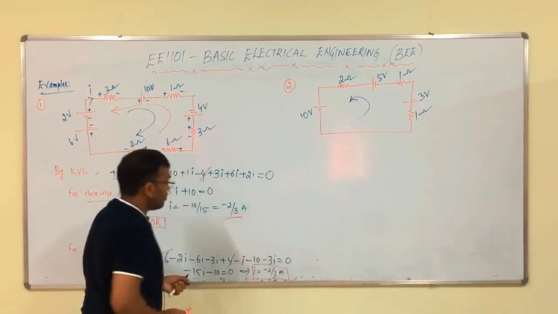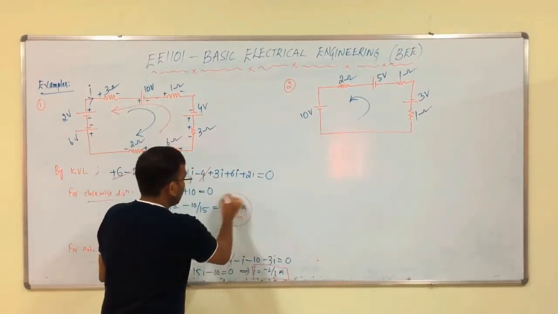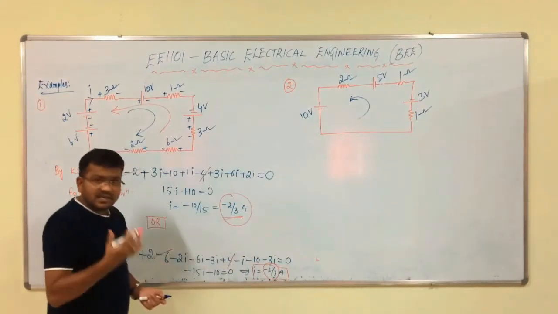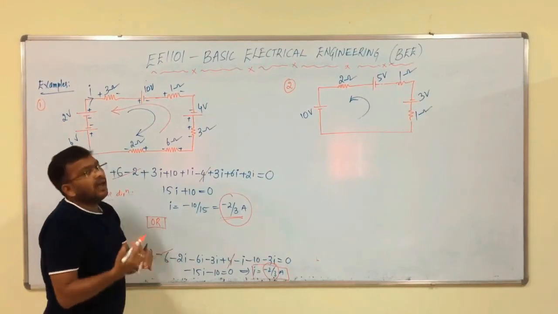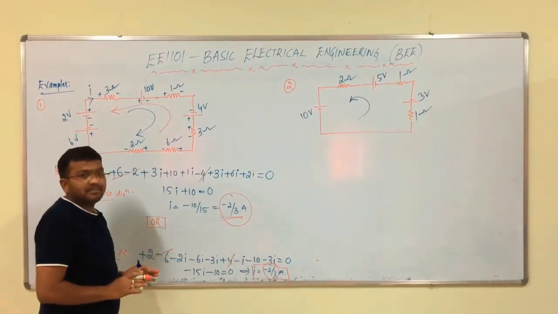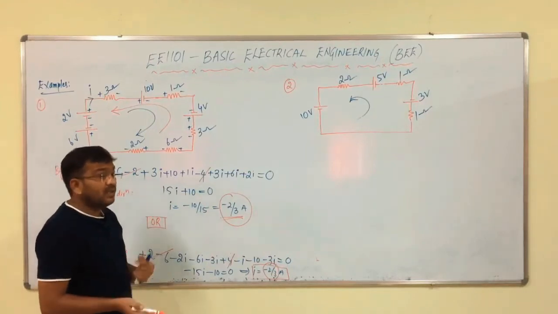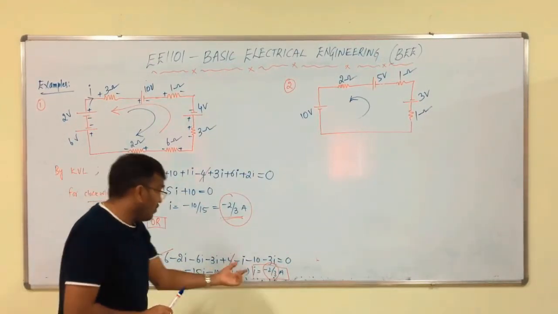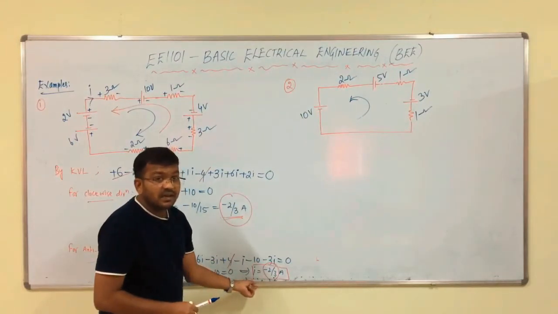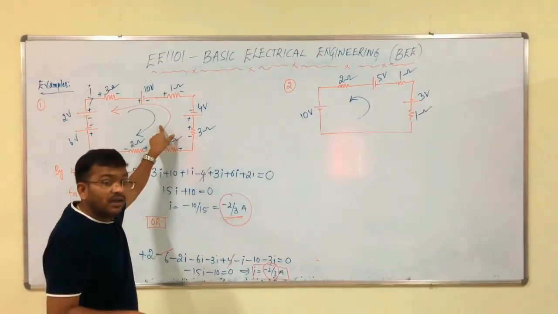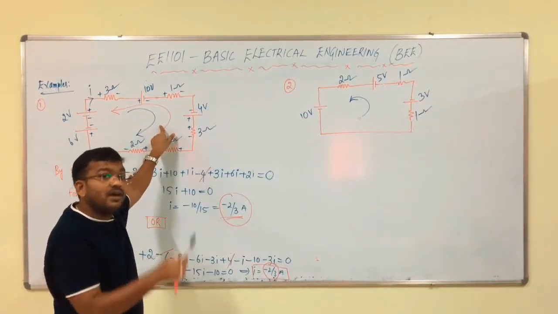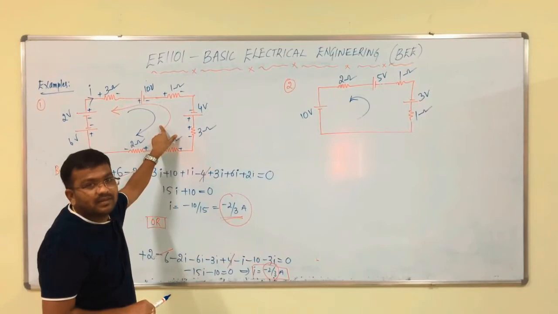Is there any change in the value of current? Obviously, there is no change in the value of current. We are getting exactly the same current. We just have to assume clockwise or anti-clockwise, that is it. Clear? So, one question rises from your side. Sir, is there any change in the value of current if we consider positive voltage drops for anti-clockwise direction or negative voltage drops for clockwise direction? Did you get my point?